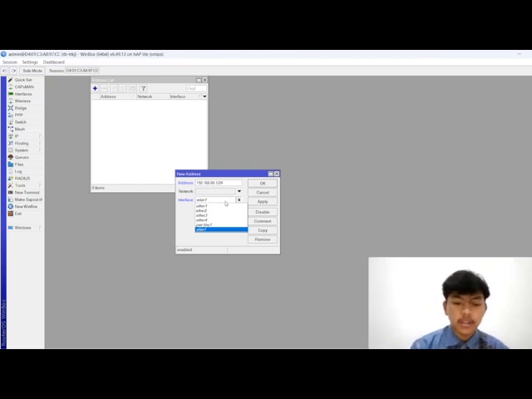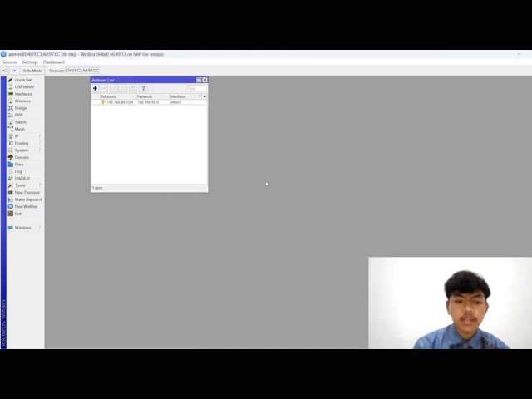I will use slash 24, and the interface is ether 2. Then apply and okay.